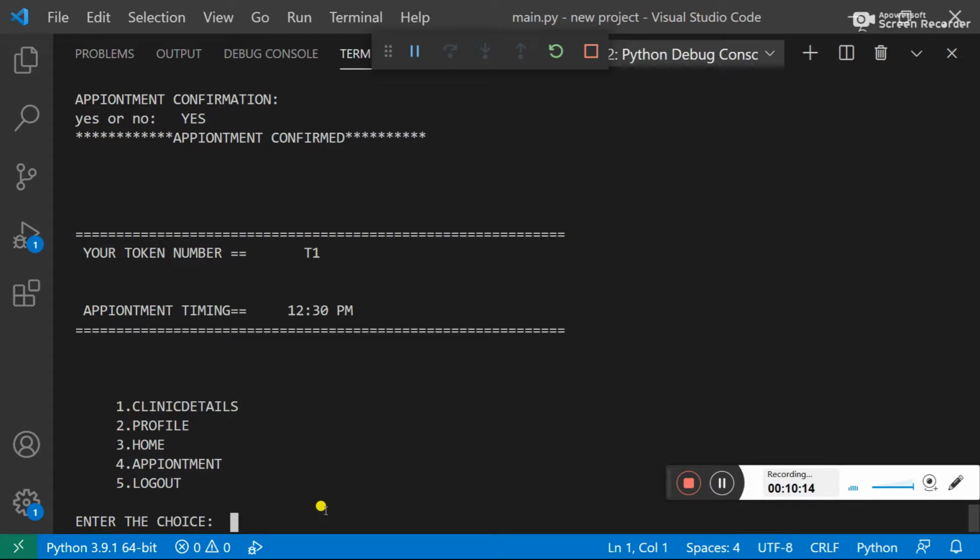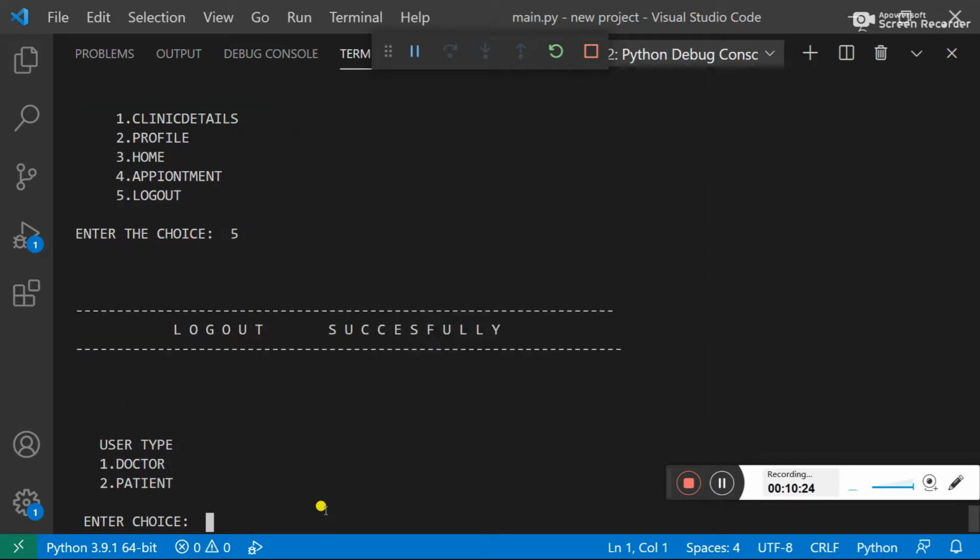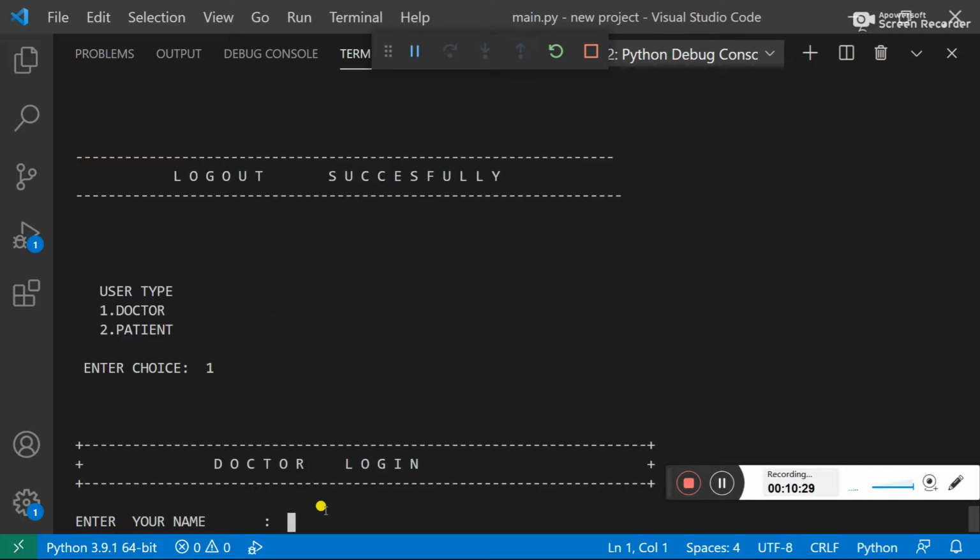And if the doctor gives no, the appointment is not confirmed and a token is not generated. After taking the appointment, the patient is logged out from the system. After that the doctor logs in to the system again.